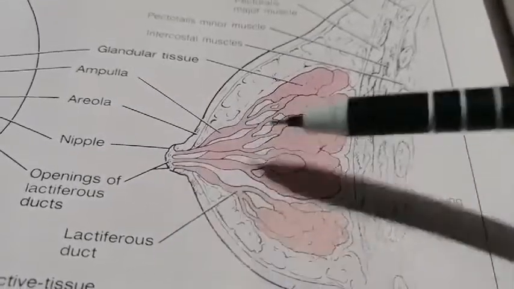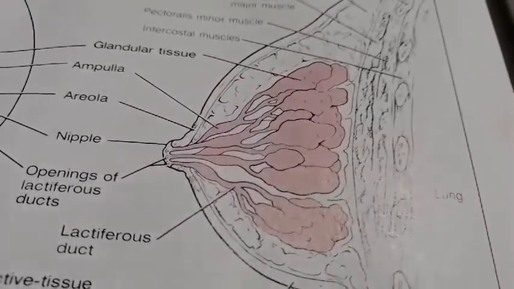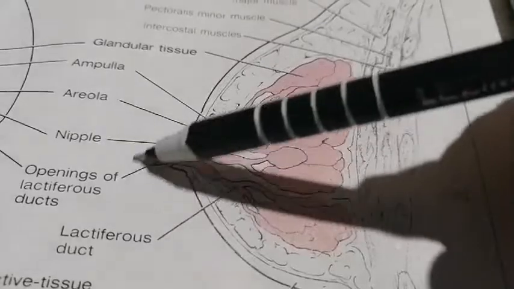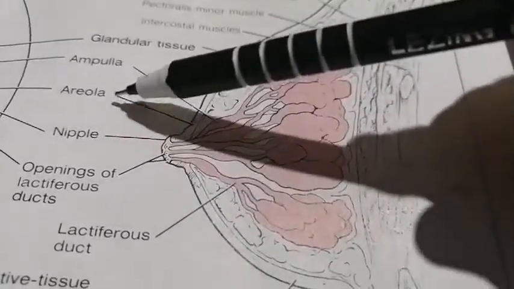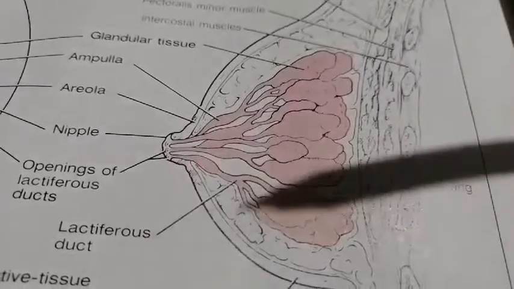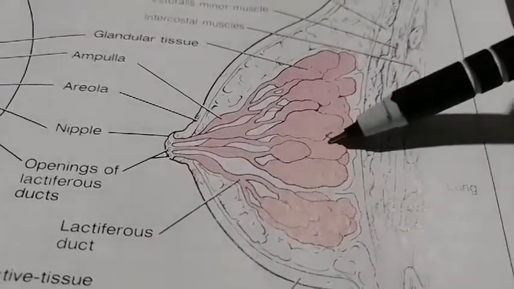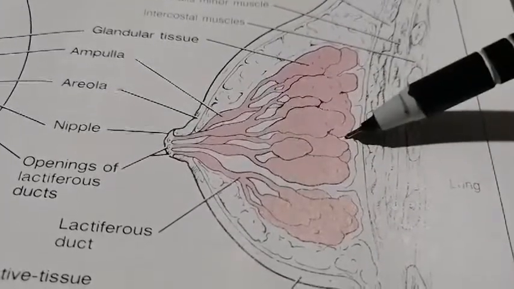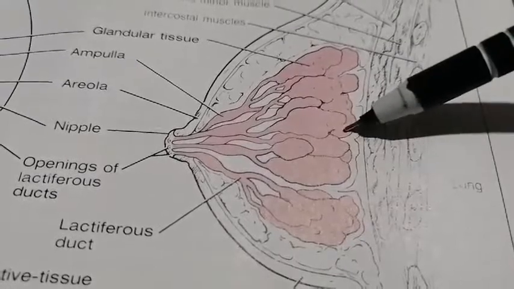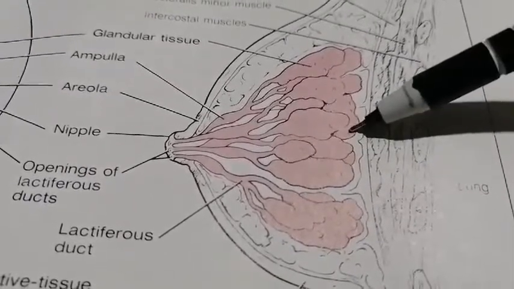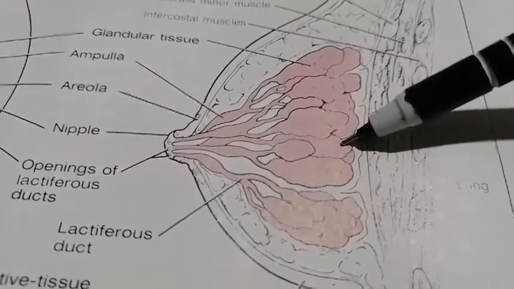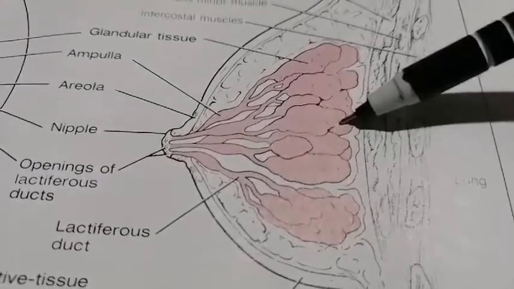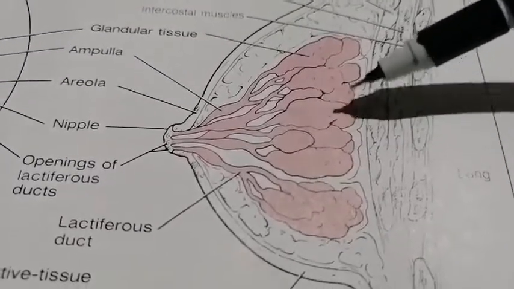In males also there are mammary glands, but they are rudimentary. It has an opening called the nipple, and around that nipple there is a pigmented region called the areola. The development of the breast starts with puberty, in a pregnant lady it continues developing, and in a nursing mother it's highly developed. The major hormones that play a part in milk production are prolactin and oxytocin. Thank you.